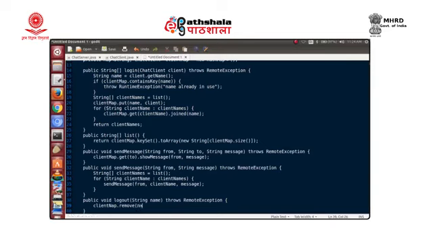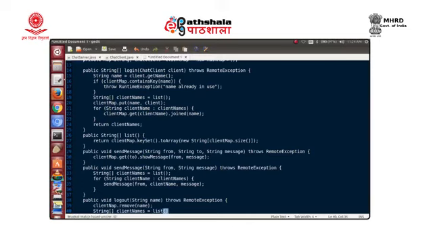That is, this client needs to be removed from the map, and then let all the clients know that this person has left. So we can get the string array first, client names equals, we simply use the list method, we already have the list method.